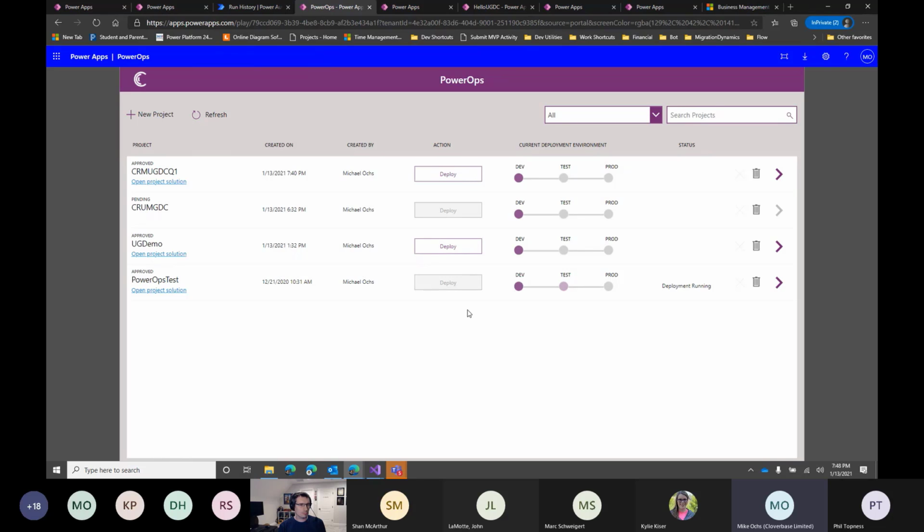Part of getting up and running with PowerOps is the setup. It's involved, but it's not as much as we have with PowerOps Plus right now. I'll just say that. But there is some setup involved, but once you have it deployed, you can use it for pretty much any environment that you want. You would deploy it once to a CoE starter kit environment and then use it across your different environments. So that's kind of the idea, the setup is a little bit involved.